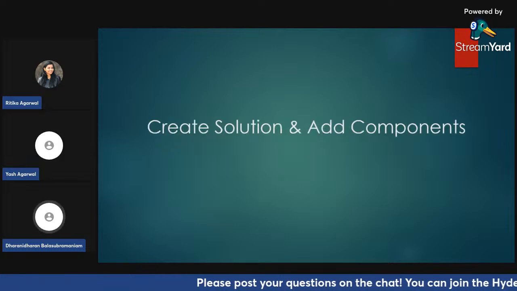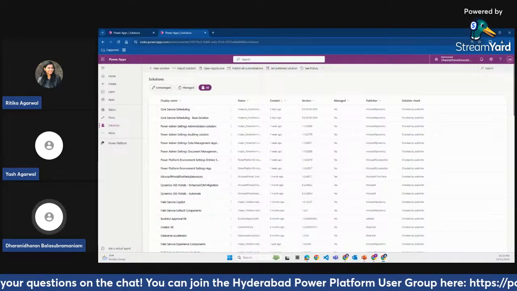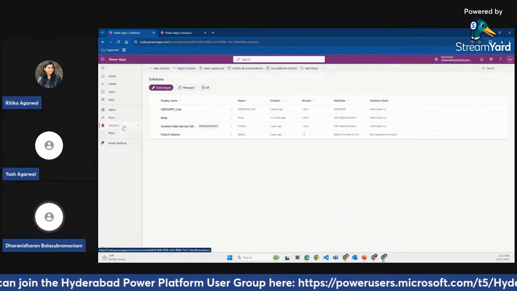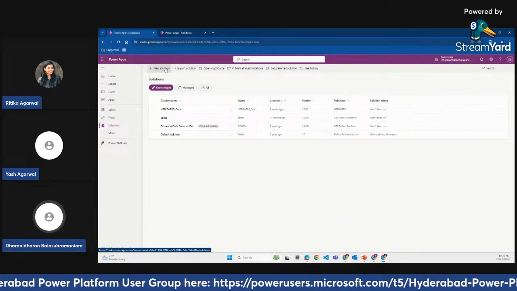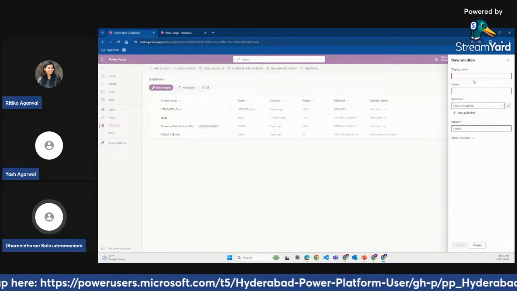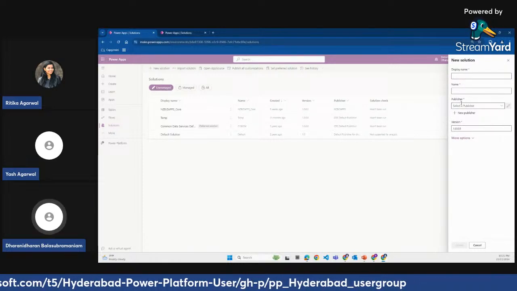So first, creating the solution and adding the components. Once you complete your work, if you click on the solution, you will get an option to create a solution. If you click on that, it will ask you to provide the display name and publisher. Publisher is the mainly important thing.